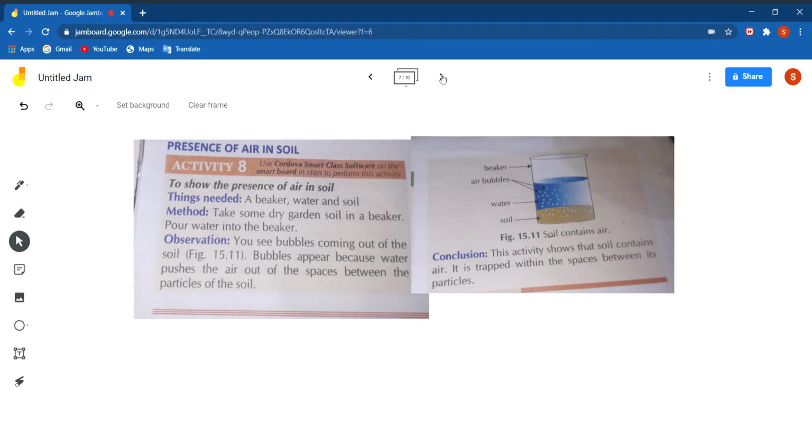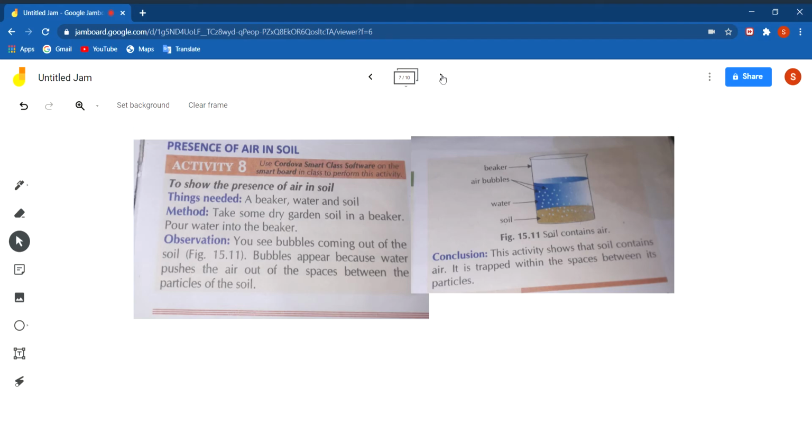The earthworms come out, as we have read in the last chapter. And in places where the soil particles have less air, in marshy areas, the roots of the plant come above the ground. These are called pneumatophores, which we have read in the previous chapter, Getting to Know Plants, that they come out to breathe. So air is present in soil also for the breathing of roots and also for animals that live in burrows.